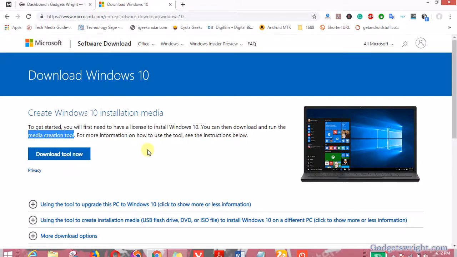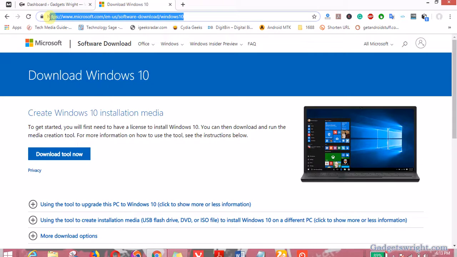However, in this video I'm going to show you how to bypass the Windows media creation tool to download the Windows 10 ISO file. In this regard, I'm going to show you how you can use two browsers. The first one is your Google Chrome browser, and the second is the Opera browser. So let's go. Now you go to this URL. Don't worry, I will show you the URL at the end of this tutorial, or you can see it in